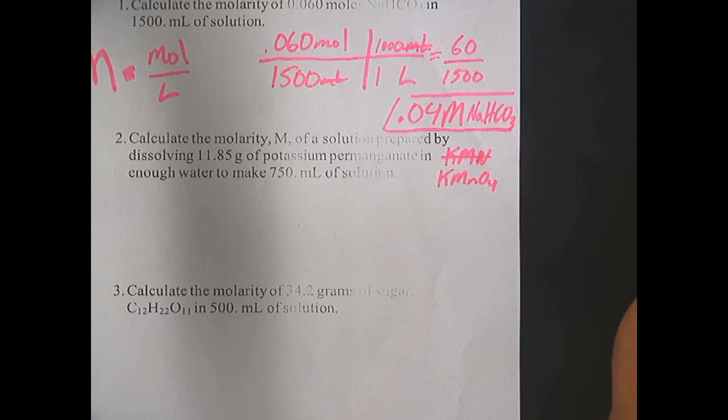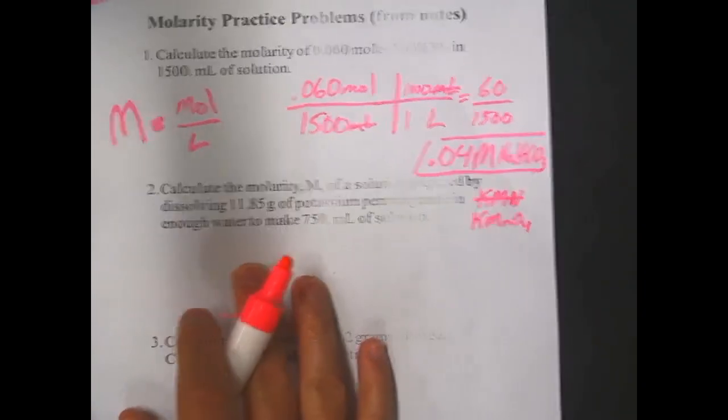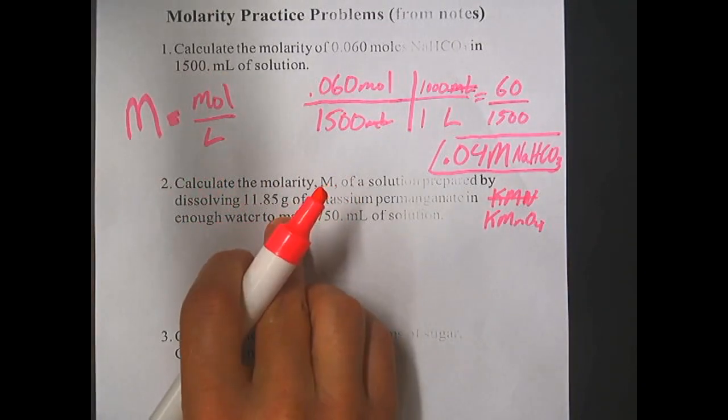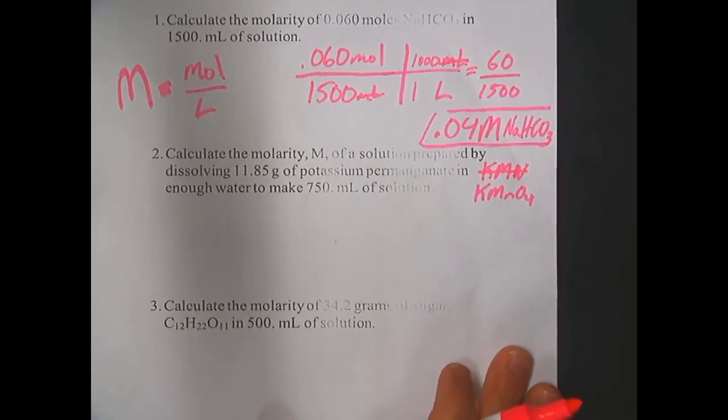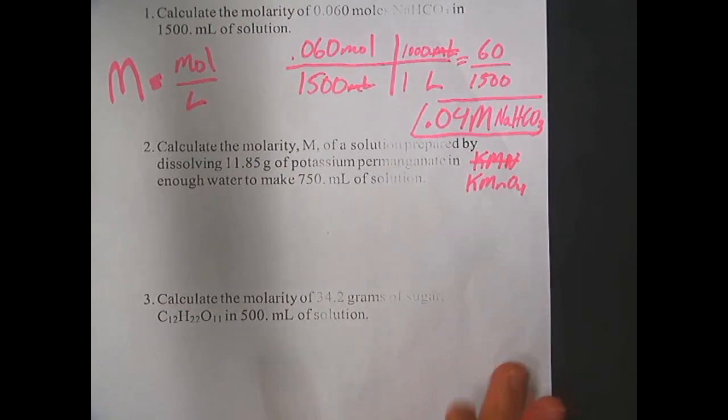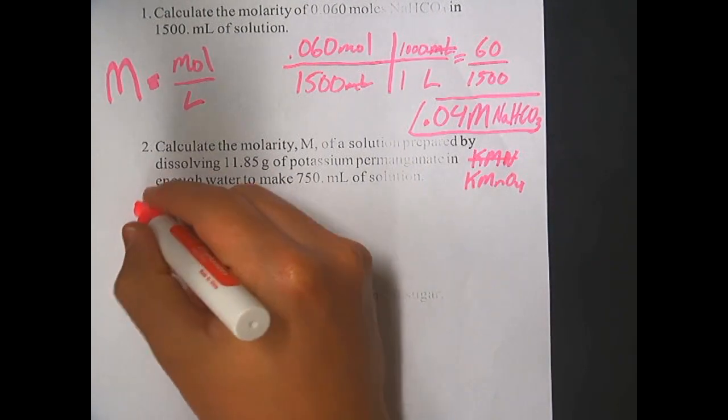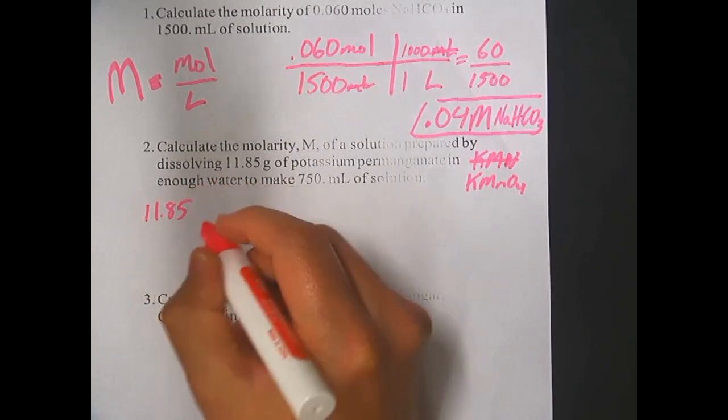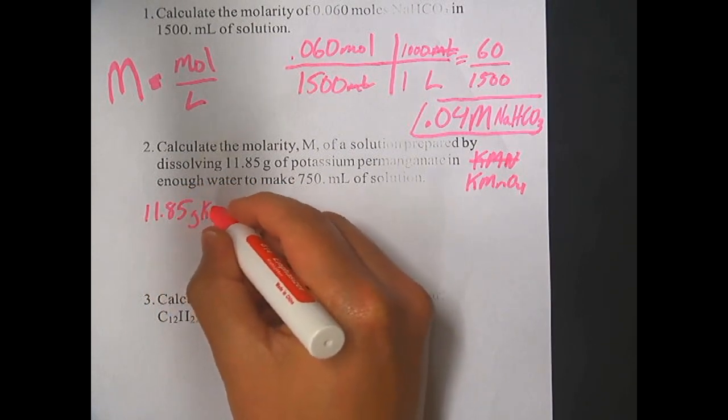KMnO4. All right, so this time we're calculating the molarity of a solution prepared by dissolving 11.85 grams of potassium permanganate in enough water to make 750 milliliters of solution. So we have grams of potassium permanganate and 750 milliliters of solution. All right, so we know we have to have moles per liter, right? So what does that tell us we have to do to these grams? You guessed it, we have to convert. So we're going to take that 11.85 grams of KMnO4